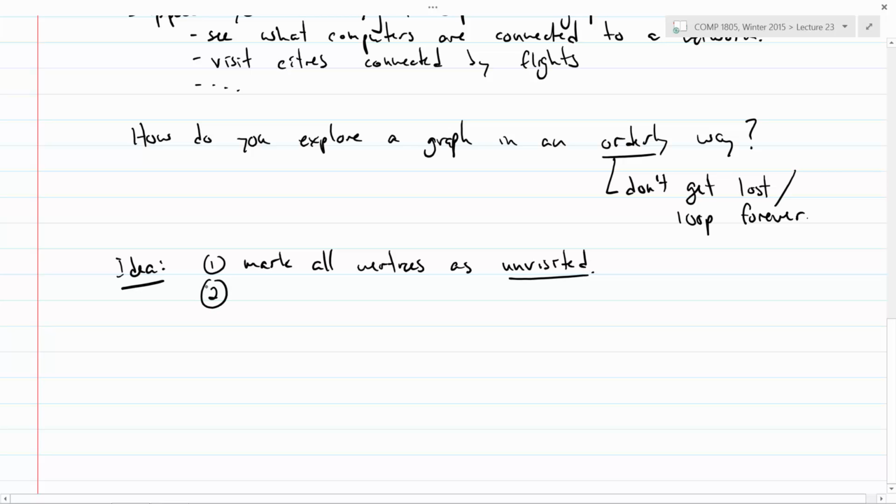And after that, we'll start somewhere in the graph. And we don't care where. So all I want to do is walk around this graph. So we start at an arbitrary vertex, and then we go to some neighbor that we haven't already visited. And the idea of doing it this way is this will ensure that we will never walk around in a loop over and over and over again. Because once we've visited a vertex, we're not going to visit it again, kind of. So we start at an arbitrary vertex, and we go to an unvisited neighbor of that vertex.